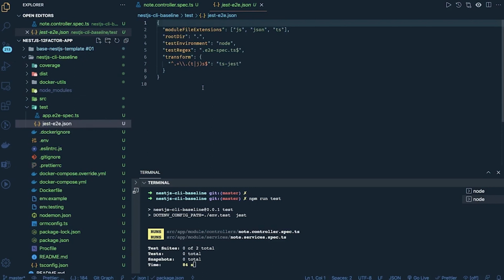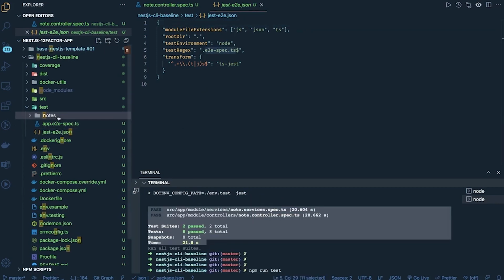Inside test we can create a folder. Okay, this is for the nodes, and for the nodes I will be creating nodes end-to-end test.spec.ts. These unit test cases are slow, that's why I was showing the previous result, and all are passing. So here we can create nodes e2e spec.ts,